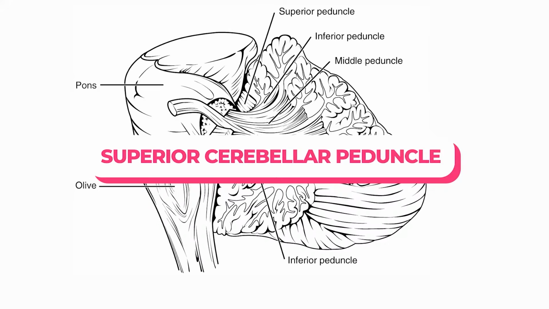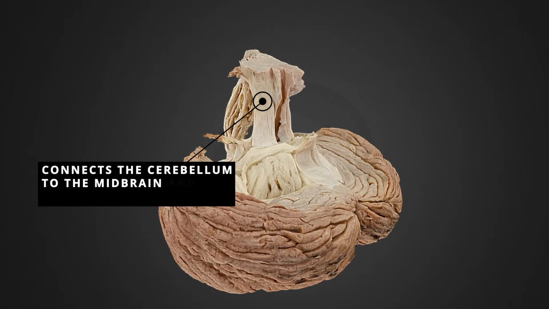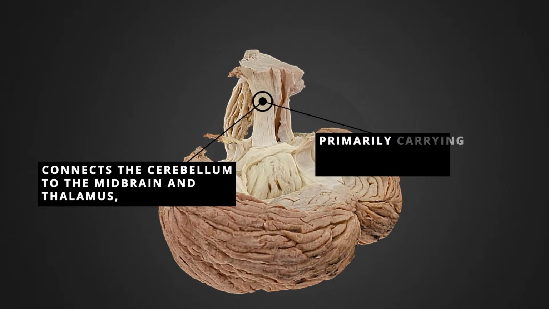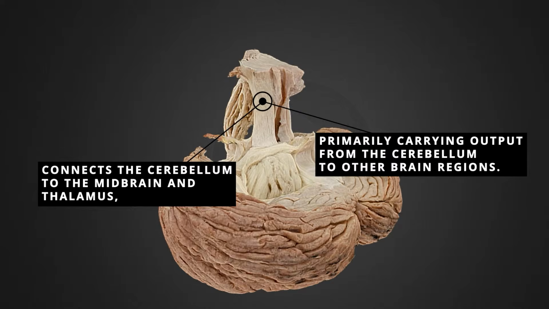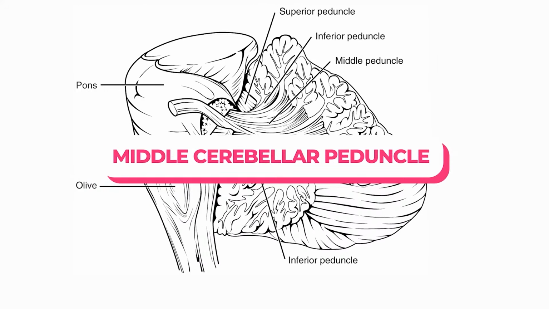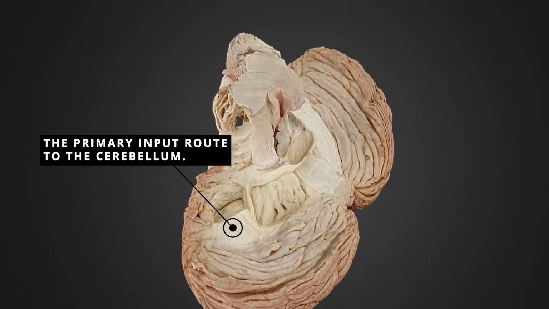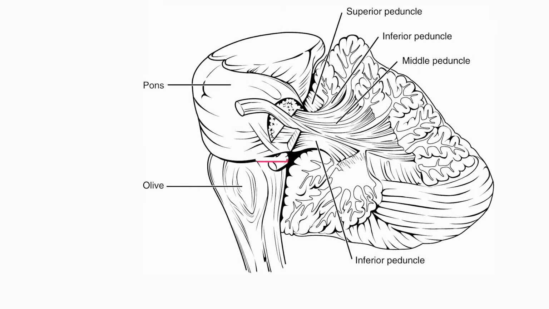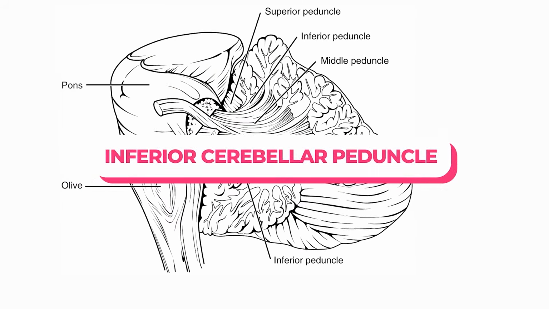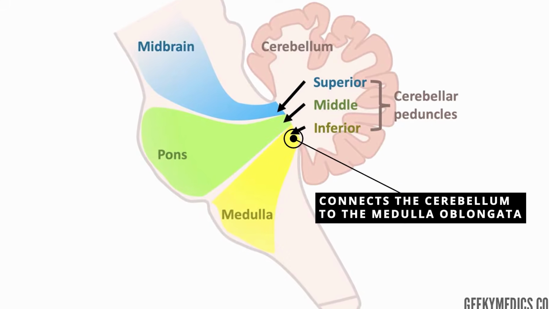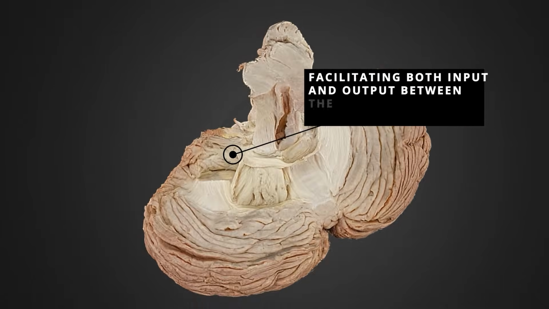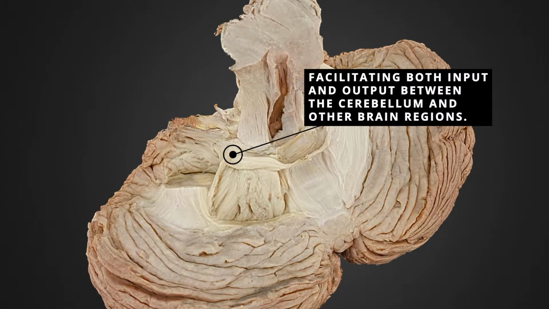Superior cerebellar peduncle. Connects the cerebellum to the midbrain and thalamus, primarily carrying output from the cerebellum to other brain regions. Middle cerebellar peduncle. Connects the cerebellum to the pons and is the primary input route to the cerebellum. Inferior cerebellar peduncle. Connects the cerebellum to the medulla oblongata, facilitating both input and output between the cerebellum and other